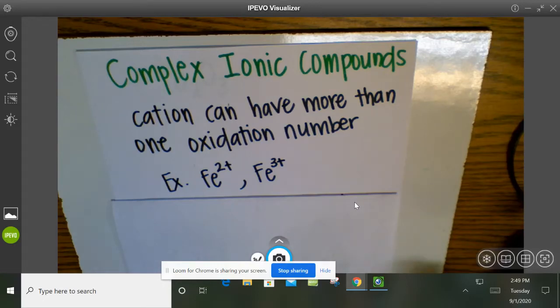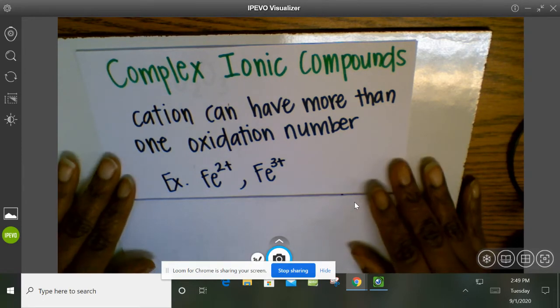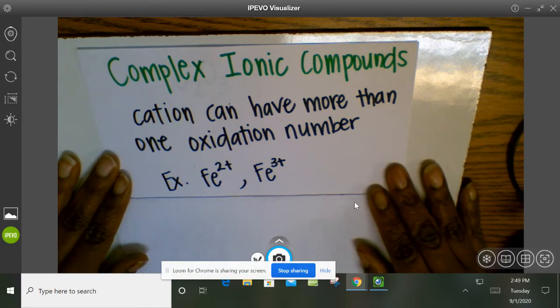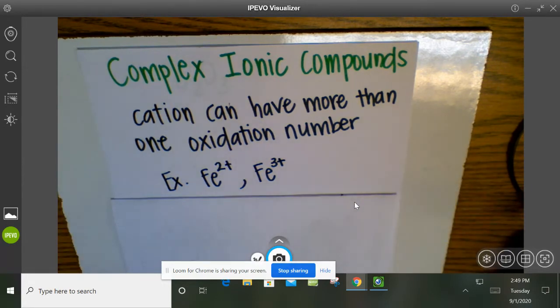The next type of ionic compounds that we're going to look at are called complex ionic compounds. The reason why they are called complex, versus the ones that we worked with earlier that are called simple ionic compounds, is because the cation in the formula can have more than one oxidation number. For example,